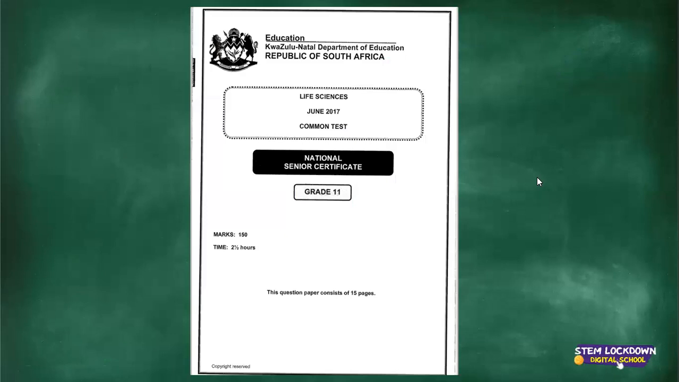This is from the June 2017 common test from the Department of KZN. Then now it's the questions. Let us work together. These are typical questions you are most likely to find in your assessment. Section A, question 1. You see the instruction here. It says 1.1. Various options are provided as possible answers to the following questions. Choose the correct answer and write only the letter A to D next to question number 1.1.1 to 1.1.10 in your answer book. For example, if in